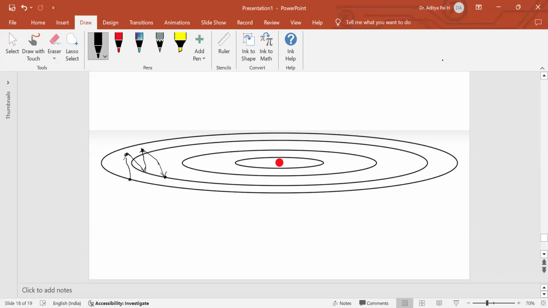The red color you see at the center is nothing but the minimum. So I take the horizontal path along with the vertical, and you can see that as it approaches near the red dot,